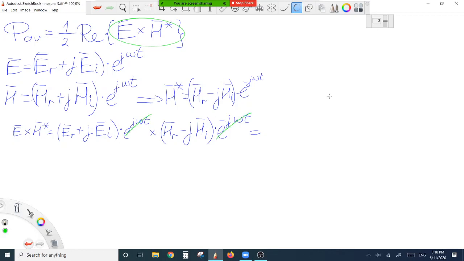This and this simplify, and what we get is E real cross H real, or the real part of E cross the real part of H, plus